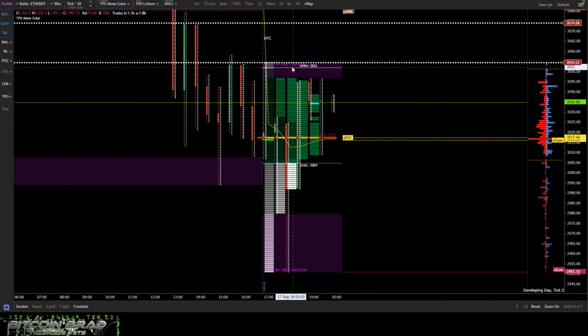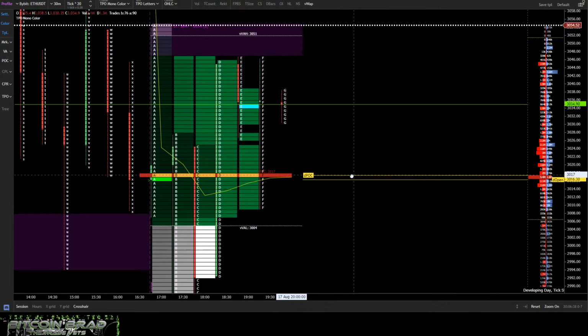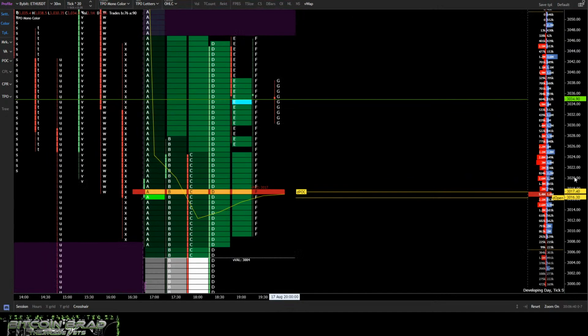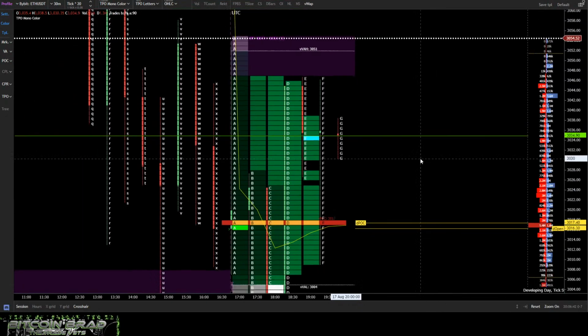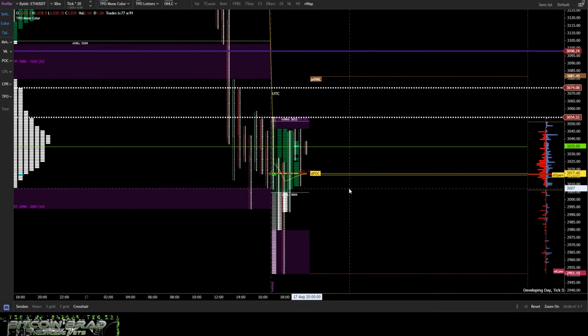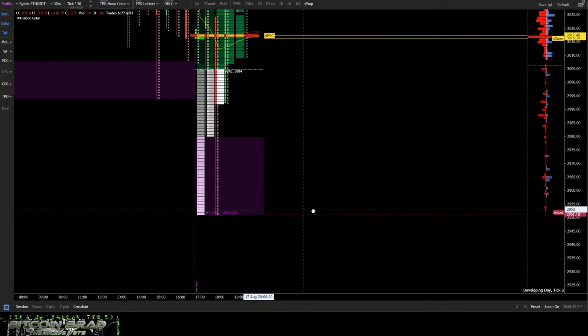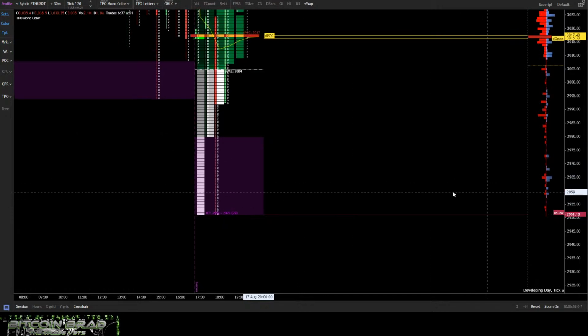They're kind of struggling up here at the top of structure, right? And if you really want to get real zoomed in, there's nothing wrong with that, right? Because you can zoom out and you can see your profile. You can see where it's at. Right now we had this big excess spike down to the bottom. We saw an auction get completed. We have a pretty big excess down here. So that lets you know that